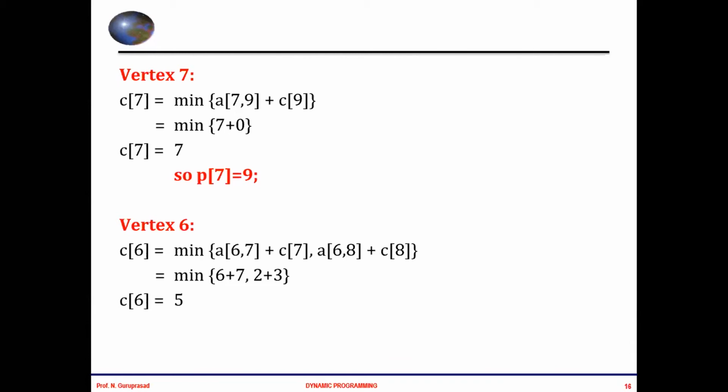If you have understood, please write this much before I tell you how P is calculated. Now, tell me one thing. This 5 comes from which equation? Can you write it in the chat box? I want the full equation. This 5, C of 6 equal to 5, comes from which equation? It is A of 6,8 plus C of 8. Of which vertex are we talking in this equation? C of which vertex? Exactly. So can you tell me what will be P of 6 now, guys? P of 6? Correct. Very true. P of 6 is equal to 8.